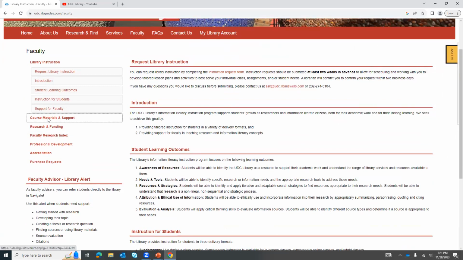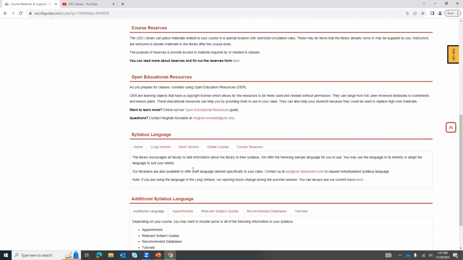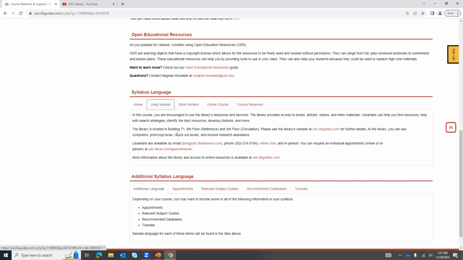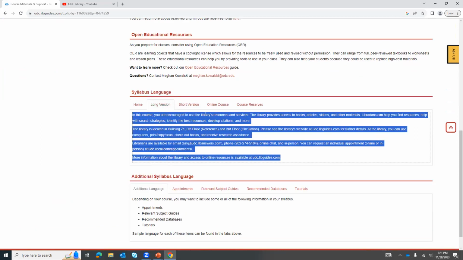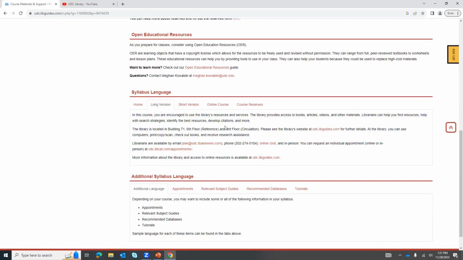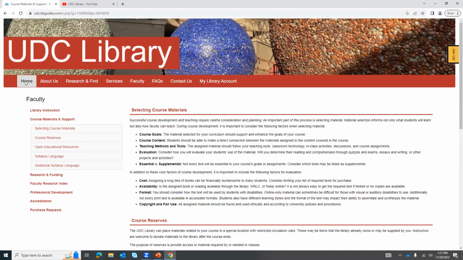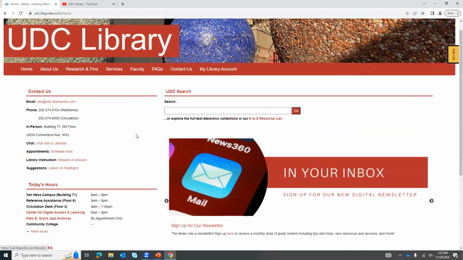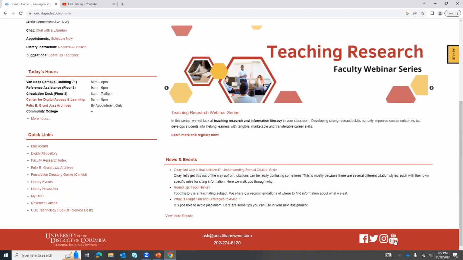Under course materials and support, this is where we have information on OER. This is also where we have the syllabus language. If you click on these tabs, you can just copy that and put it right into your syllabus, and we've done all the work and done all the links for you. If we go back home and scroll to the bottom, we have our socials down here,